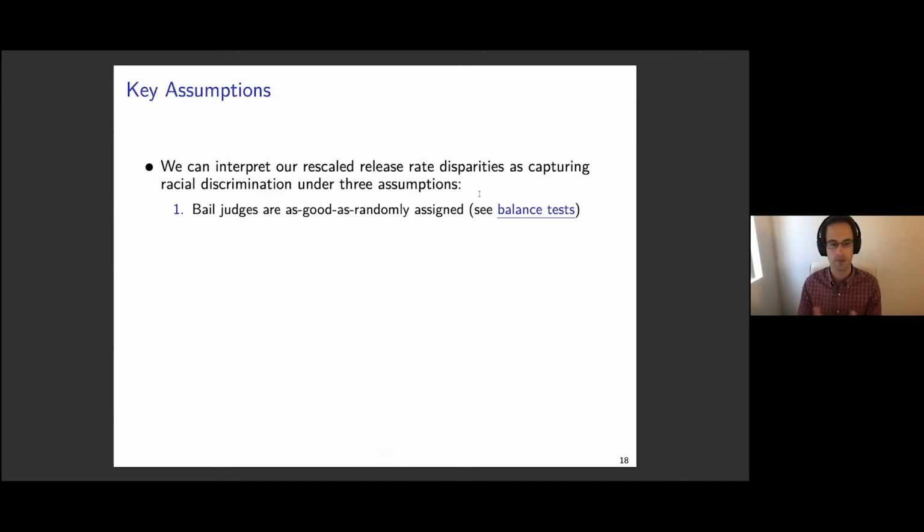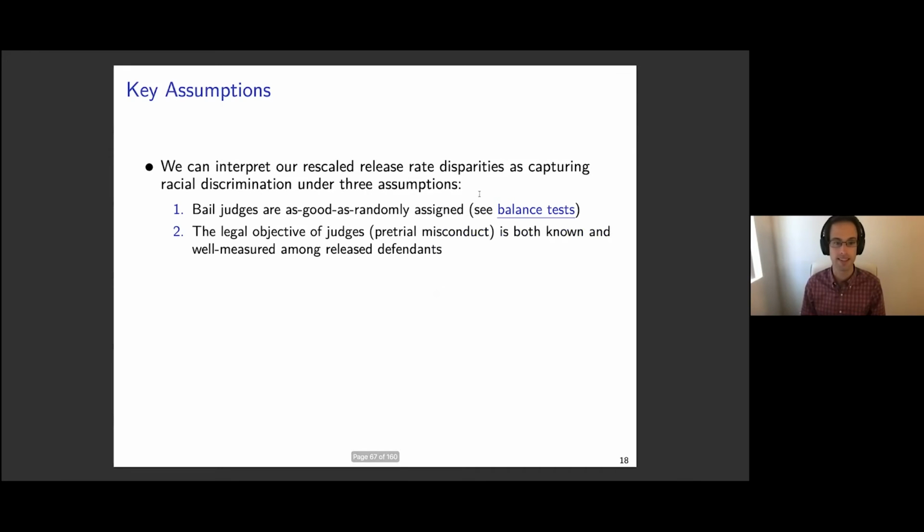So that we can interpret these rescaled estimates as racial discrimination under the assumption that bail judges are as good as randomly assigned. The legal objective of judges, pretrial misconduct, is both known and well measured among released defendants. You can also choose other objective notions and use those as the metric as well if you want to show robustness to this. Second, third, what I'm going to talk about now is we need to be able to consistently